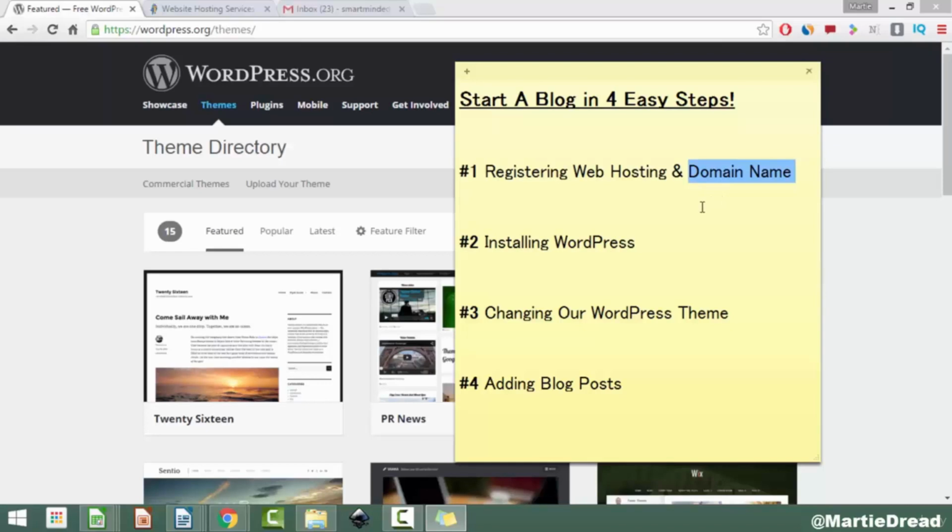Once again, a domain name is something we will require if we're going to start a blog, and this is usually going to cost around $13. Only we don't pay for our domain name once a month like our hosting, we pay for our domain name once a year. So we'll pay for our hosting once a month and our domain name once a year. Then once we're done registering our web hosting and domain name, we'll move on to the next step, which is